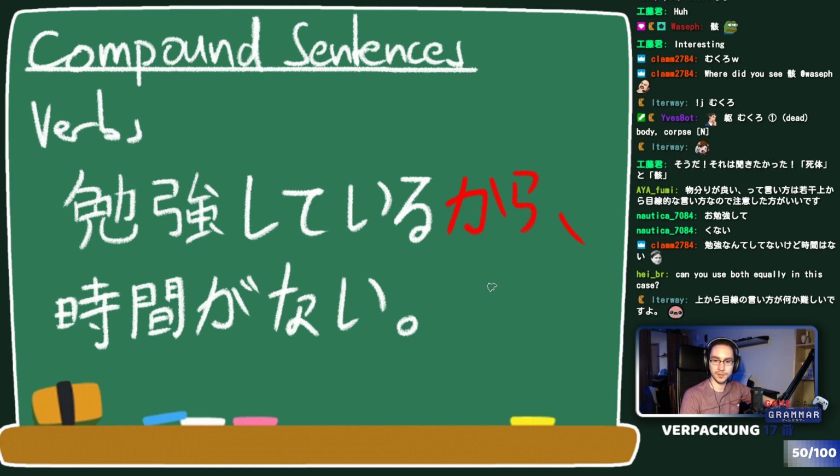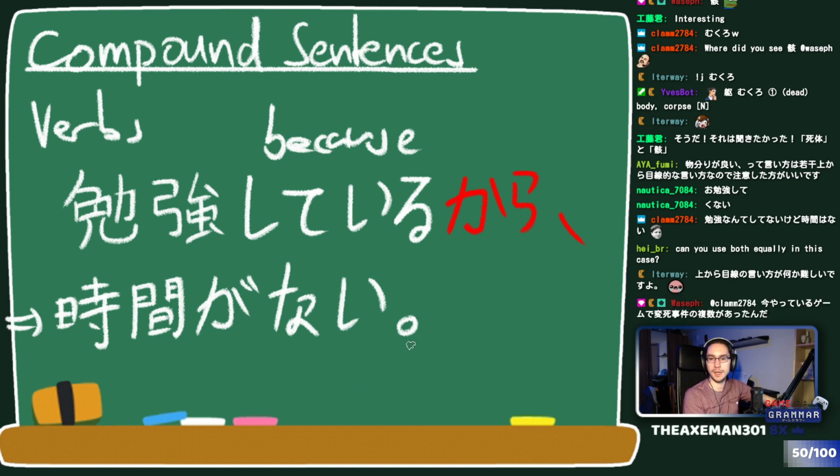Because I'm studying, right? Because I'm studying, this is the consequence right here, right? Or maybe I should make the arrow here. Because I'm studying, 時間がない, I have no time. 勉強しているから時間がない